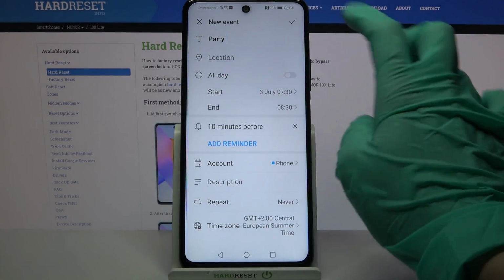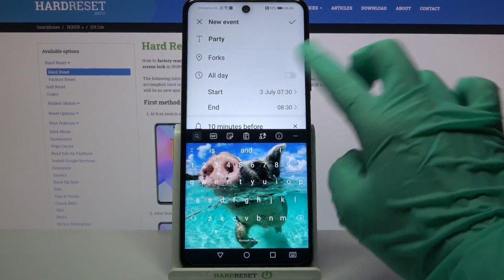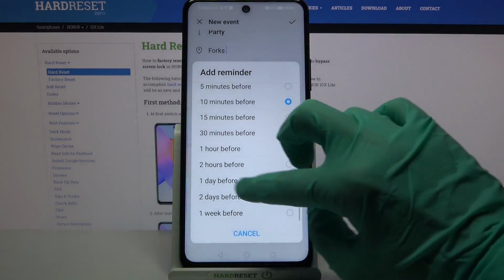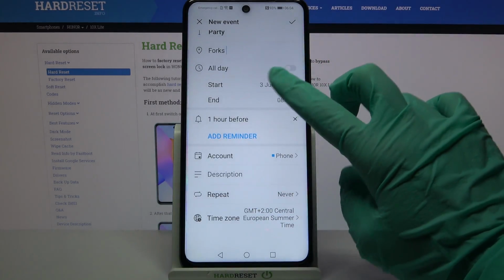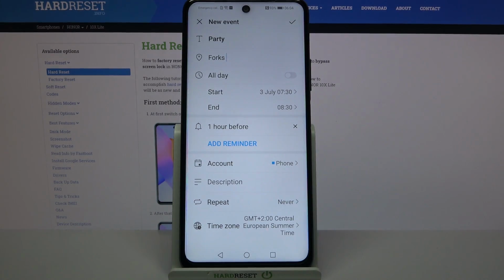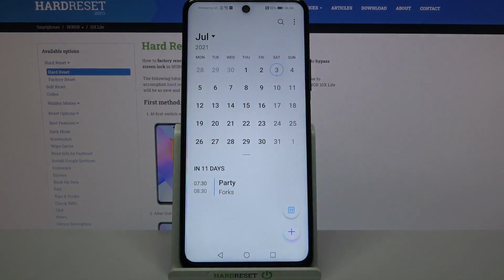You can select location, set up notifications minutes, hours or weeks before, add description and some other things. When you're done, remember to click at the top right corner over here, and now as you can see my